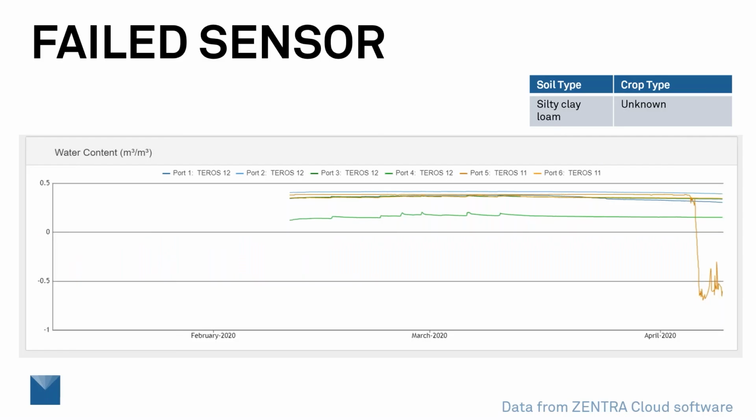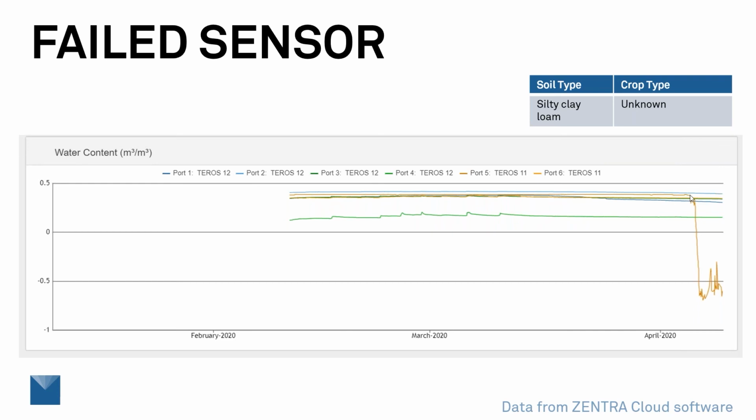Okay, a couple of last things before we finish off. Let's talk about what a failed sensor looks like in a silty clay loam. These are data that were just sent to me recently, and I said, hey, can I use these in my presentation? And they said, sure. So lots of buried sensors here going along, all reading fairly similarly. I'd look at this green sensor if I were running the experiment just to see if we didn't quite get that one installed right. It's quite a bit lower than the other ones, especially what looks like a fairly wet soil. I'm not exactly sure, but I'd certainly look at that one.